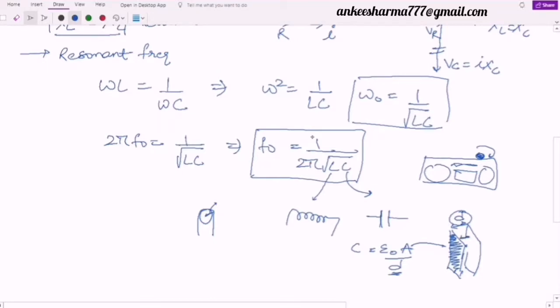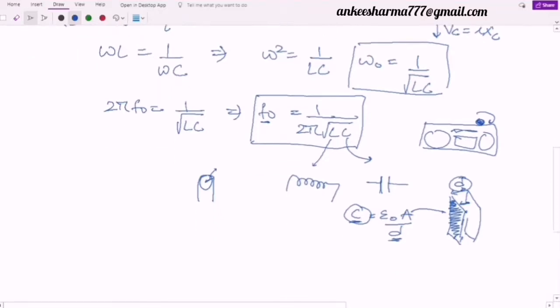So if I change this D, definitely the capacitance will change. If the capacitance value changes, although the inductor value is fixed, can I say my frequency will also change? So this is what is there in the case of radio. We have a simple knob. By changing the knob, we are simply changing the distance between these two plates and changing the value of the capacitance. And we are achieving different frequencies. That's why we are able to hear different music or different channels, right? Is it clear to you all? What is this resonant frequency?